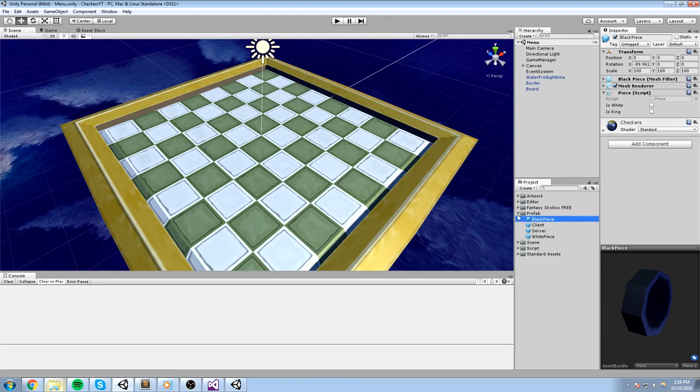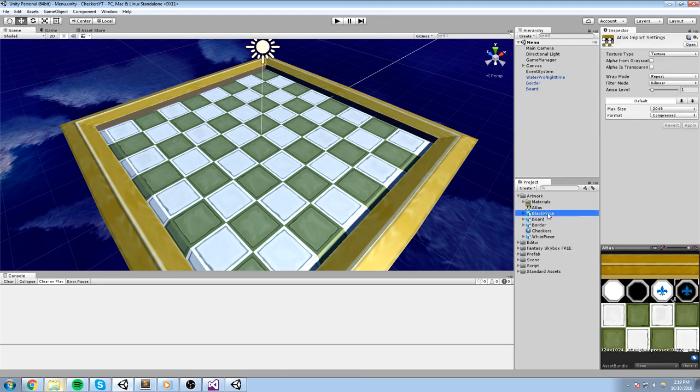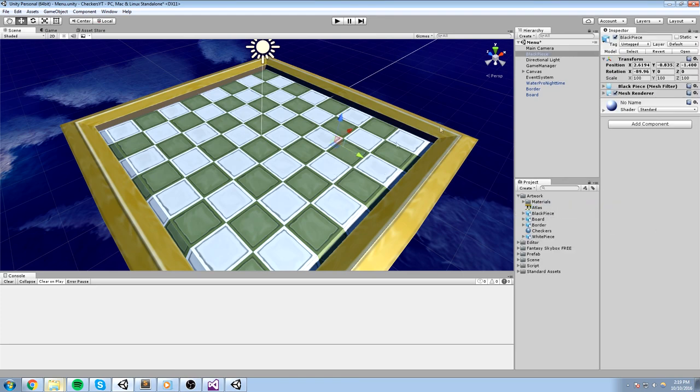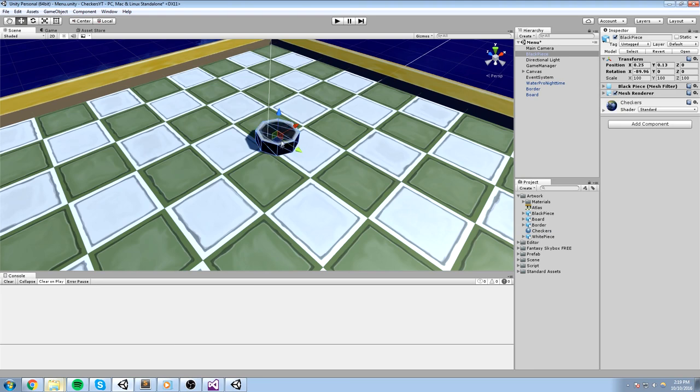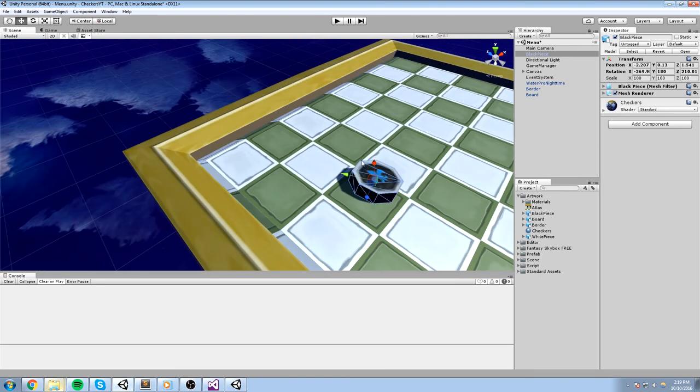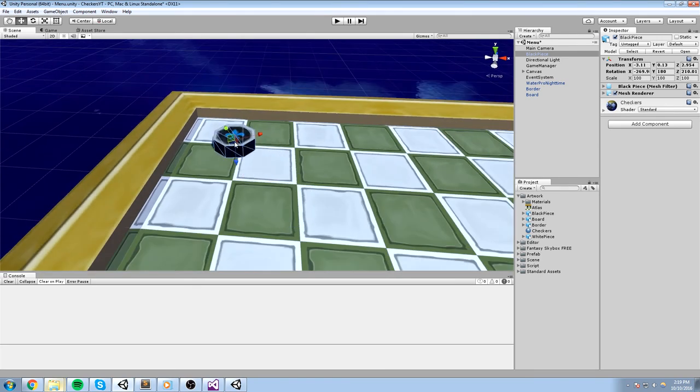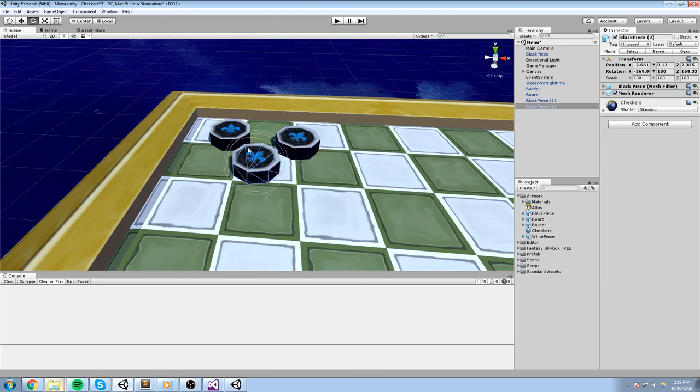So let's say the black piece and maybe the white piece. I'll just go grab their base model and just position that around a little bit, I'll put the material on it. You can also swap it on the other side to see the king side. Maybe stack it, say here. And this is only for look purpose. They don't really need to be on